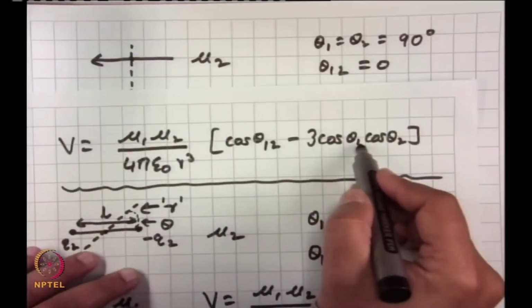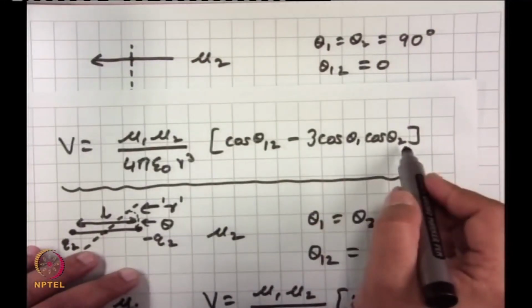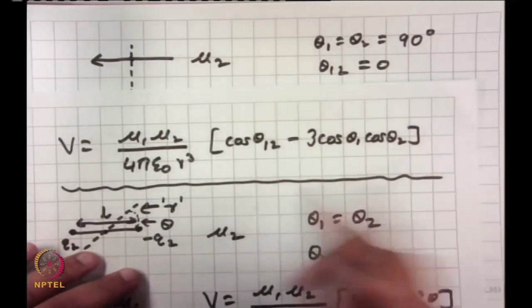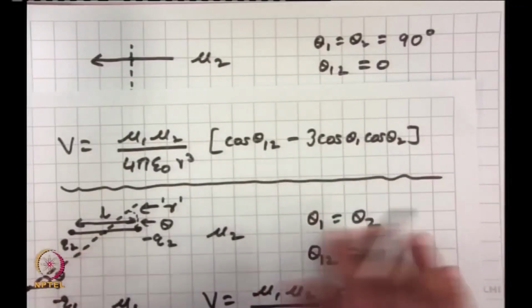3 cosine theta 1 cosine theta 2. What is cos 90? 0, that is also 0. So this term cancels out, this term goes away. What is this? 1, good. Now